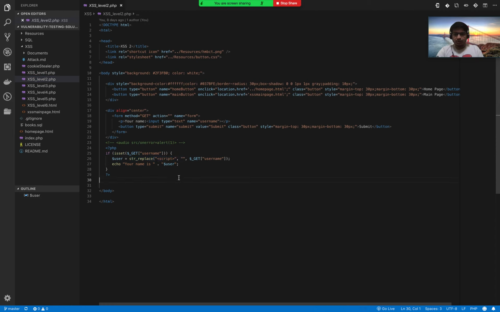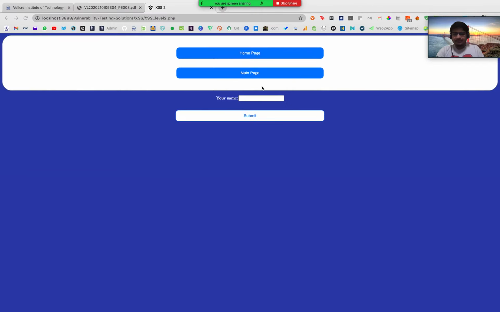So as soon as you come across something like script alert, the script in front of alert will go away, and hence the script behind the alert will also go away, and in the end it becomes a sanitized string which cannot be used for any kind of XSS attacks. So this is a very basic thing which can easily be broken. I'll just show you an example.